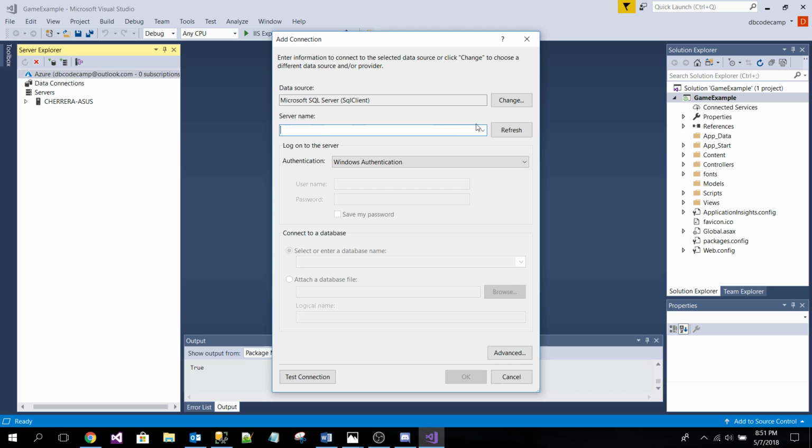Sometimes it's smart enough if you click here. Depending on how you have your server set up or how you have your computer set up, if you do this, it will recognize them sometimes. So I say like, hey, if you have this, and then from the drop down, you're able to select. But sometimes it doesn't. Most of the time, for now, for our setup, it won't. So we have to go and find out what the name of the server is. So in order for us to do that, we need to